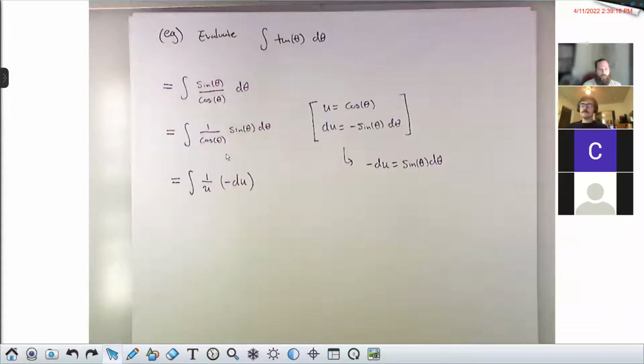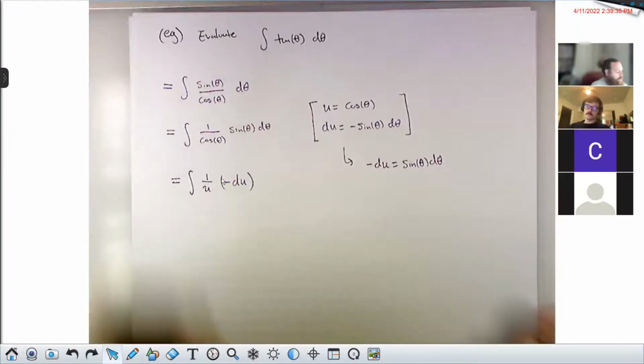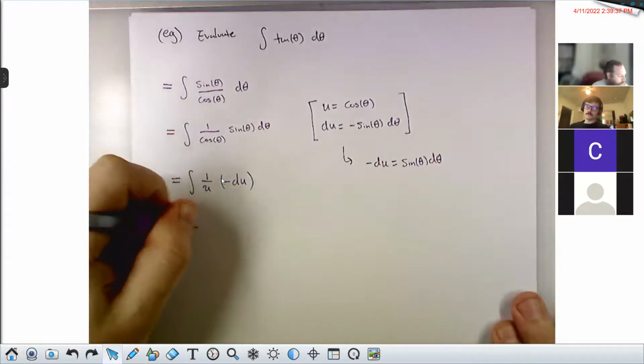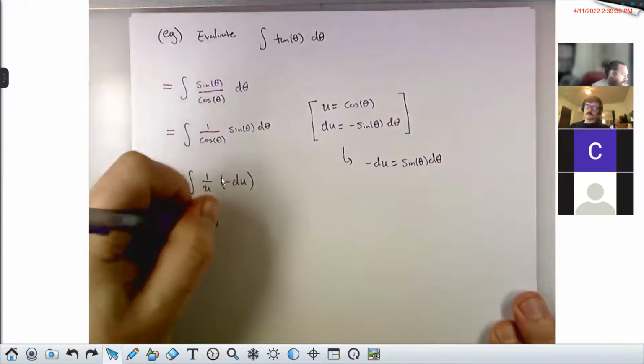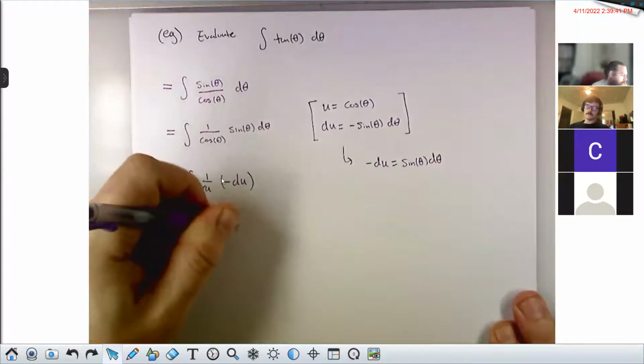I write the parentheses here because we do not want to give our reader the impression that we're subtracting du. Remember, the differential always multiplies the integrand. So these parens are wise, or you could write -1 times du if that feels better to you. The upshot is a negative will fly out of this thing, and now I'm integrating 1 over u du,